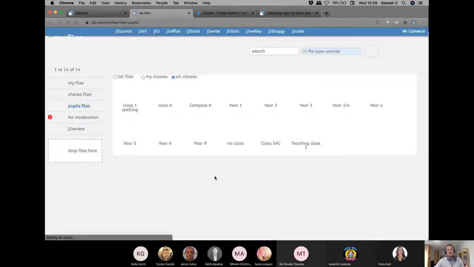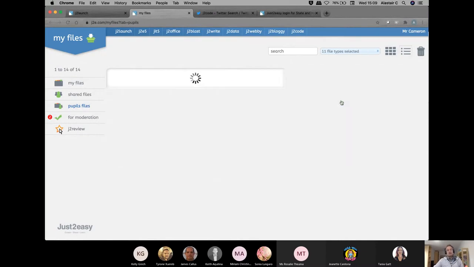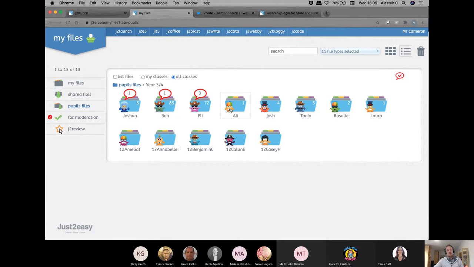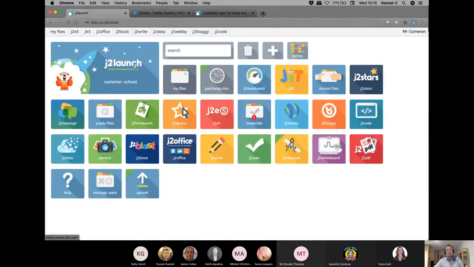You can dip into there and you'll see some green folders and some purple folders. The green ones have been automatically set up for you by your iLearn logons, and you'll be able to dip into your files and see any of your students and go and see their coding work straight away. So that's how you'll easily be able to track everything that your students are doing. Not only will the lesson happen in the class, but the students will instantly be able to pop home and at the right time, obviously, practice and replicate everything that they were doing in the classroom and perhaps take themselves a stage further.